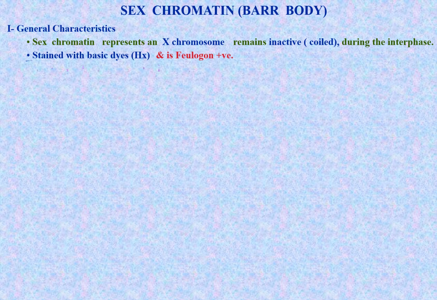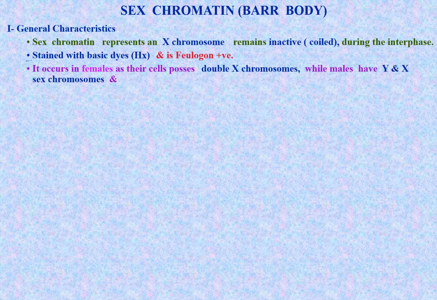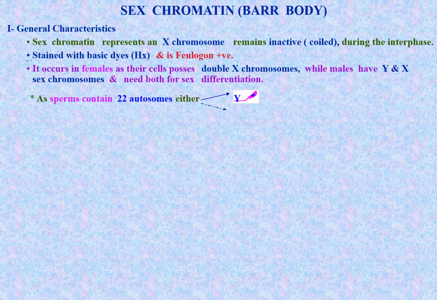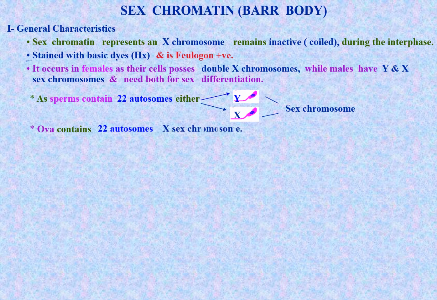It occurs in females as their cells possess double X chromosomes, while males have Y and X sex chromosomes and need both for sex differentiation. Sperms contain 22 autosomes and either a Y or X sex chromosome, while the ova always contain 22 autosomes and